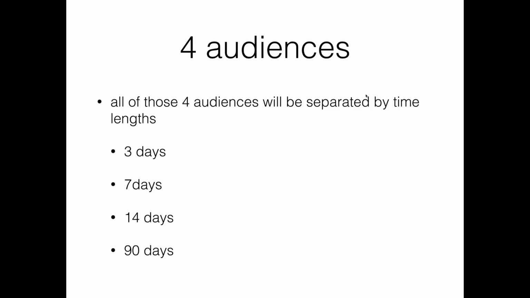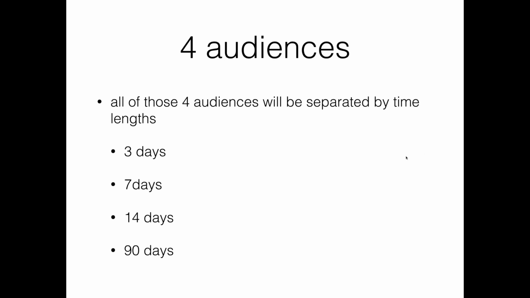All right. So now with the 4 audiences, all of those audiences will be separated by time lengths. You're going to have video views for 3 seconds, 3 days, 7 days, 14 days, and 90 days. You're going to have video views for 10 seconds, 3 days, 7 days, 14 days, and in the past 90 days. And then you're also going to have